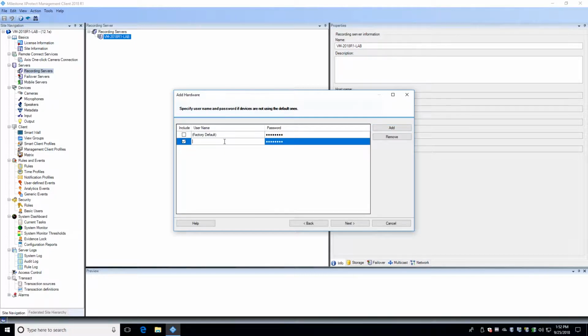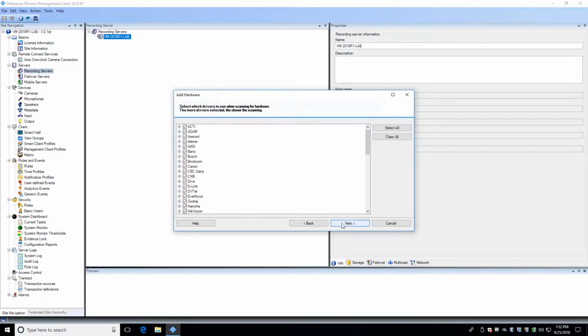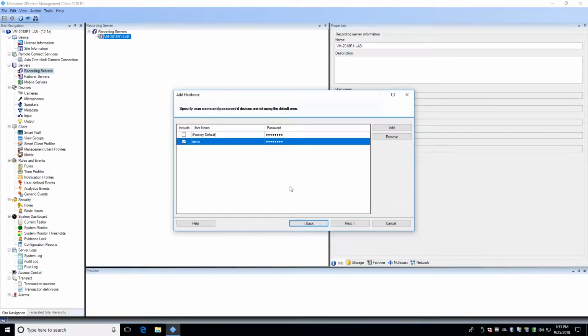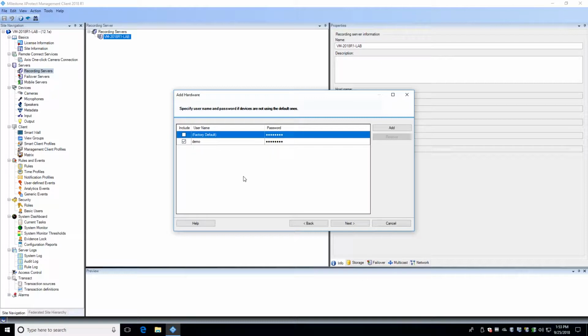First, enter the login and password of the camera you'll be adding. The checked passwords are tried in order until one works to allow access. Be careful, with some cameras, such as those made by Hikvision, they have a feature that will lock out an IP address that is trying too many incorrect passwords. So either disable that function in the camera, or make sure your login and password is accurate and in the first checked spot to avoid the camera blocking your recording server.